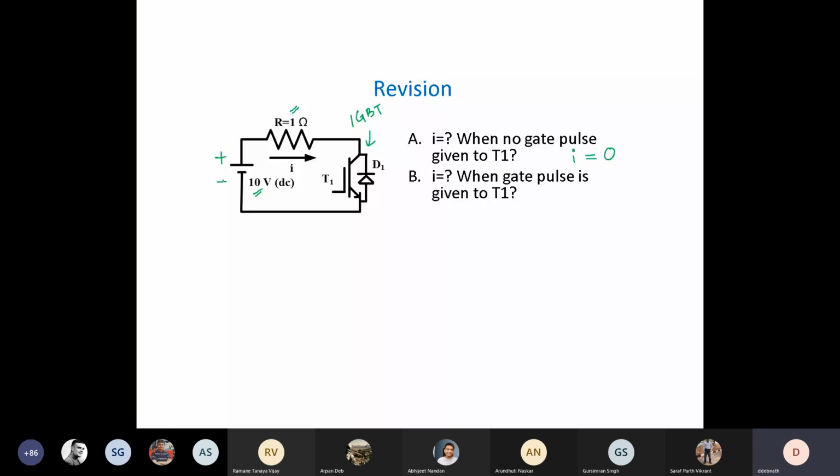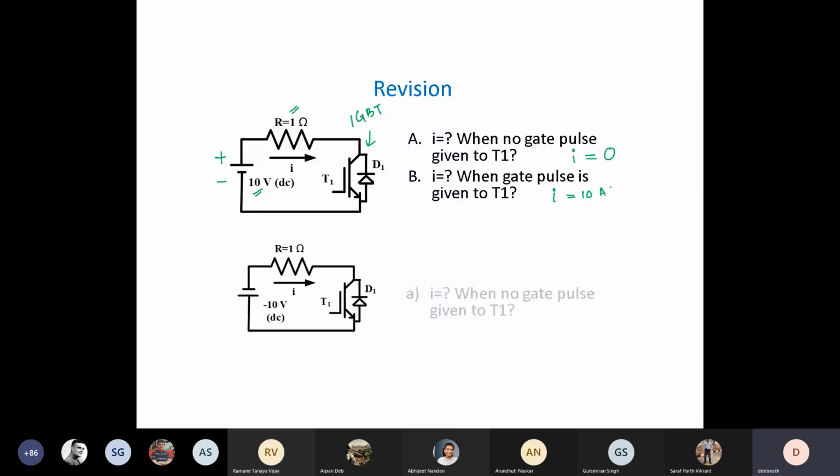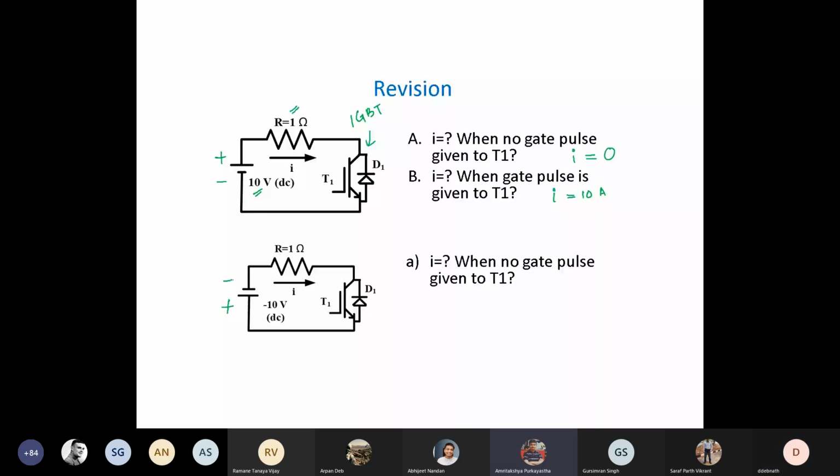Good. We'll go to the next circuit. What is the difference? Look at this. What will be I? 10 minus the voltage drop by 1. Can you give me some value? 9.7. Around 9 ampere something. 0.3. You have to remember it is minus around 9, right? Yeah, minus 9. Or approximately minus 10, if you neglect the diode. But this minus sign is important, okay? Because current will flow in the reverse direction.